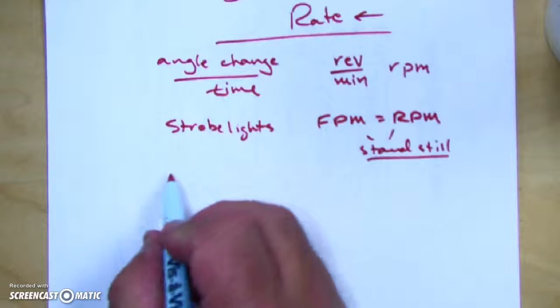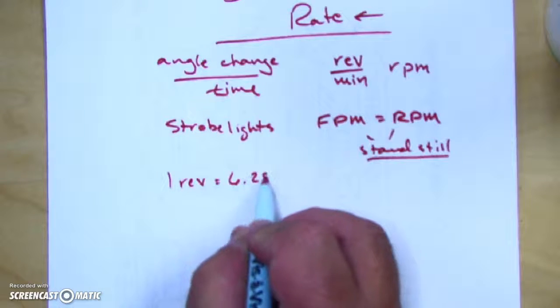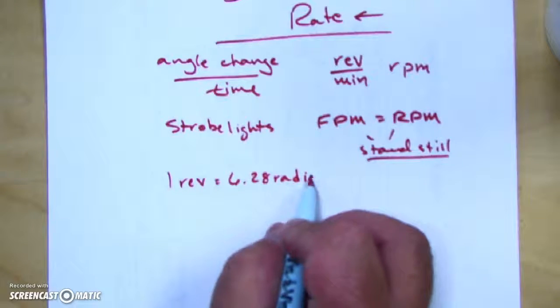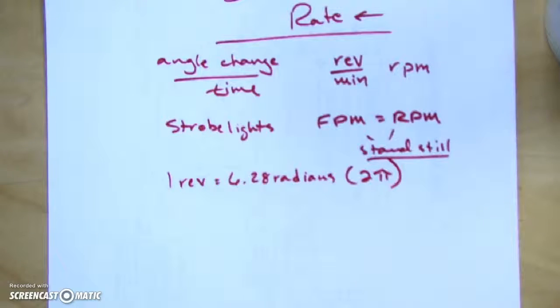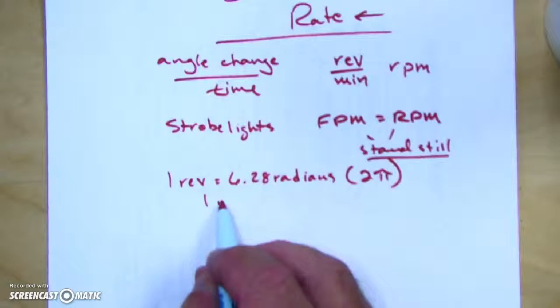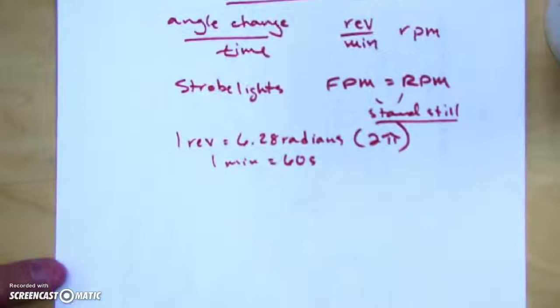Now, key thing to remember, one revolution is equal to 6.28 radians. Remember, that comes essentially from 2 pi. 2 pi times the radius is equal to the circumference. And of course, we know 1 minute is equal to 60 seconds. So if I have something like